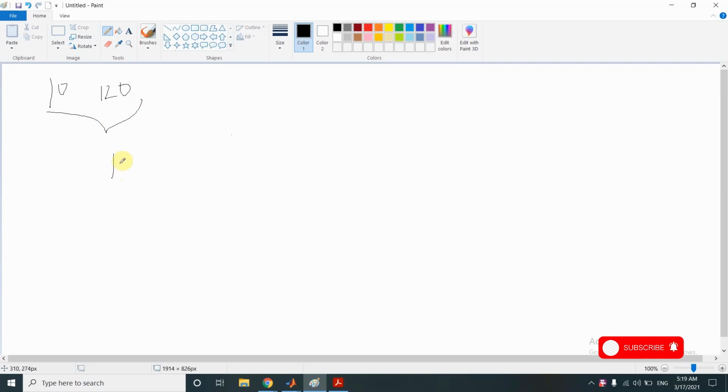I can do it by writing like this: 10 plus the total space between the maximum minimum limits, which would be the difference of these two numbers, so 120 minus 10, and we multiply this with a random number, let's say r. This r would be between 0 and 1.